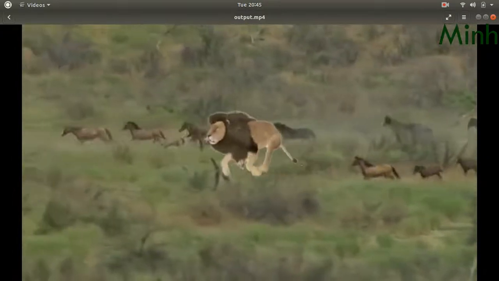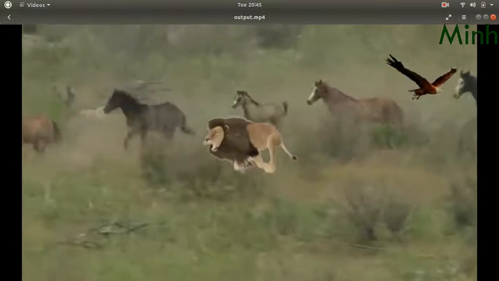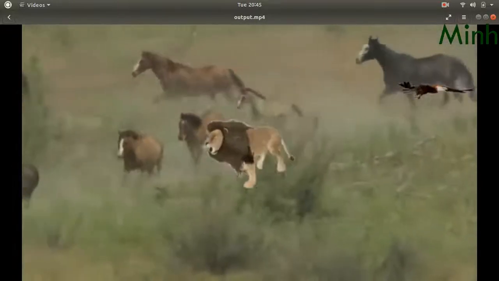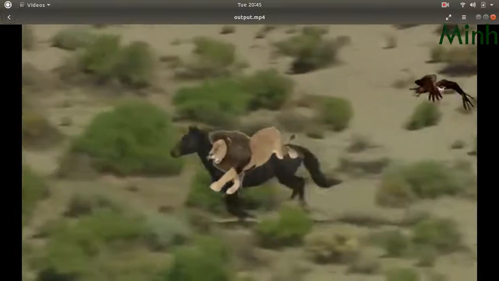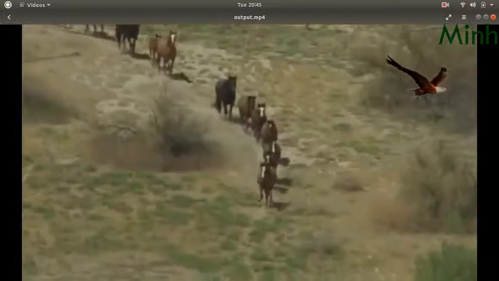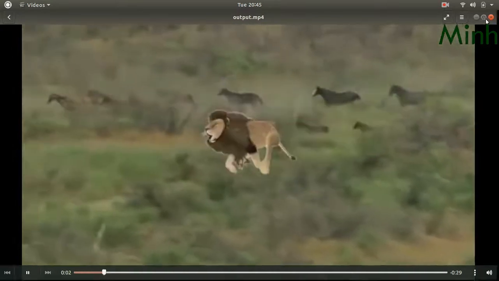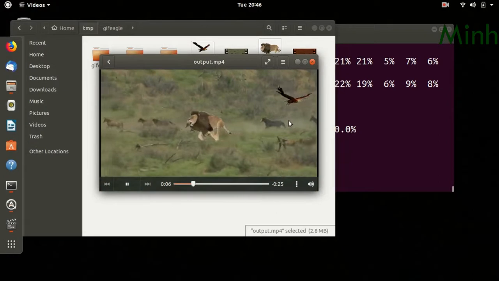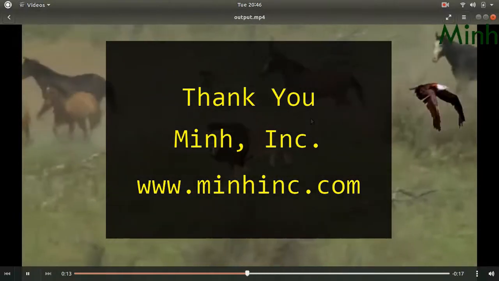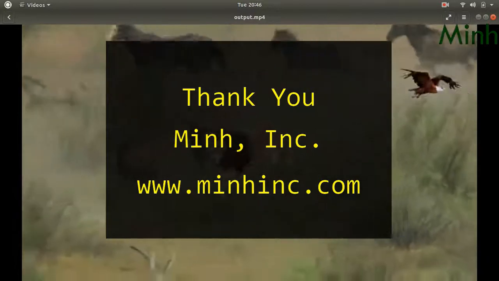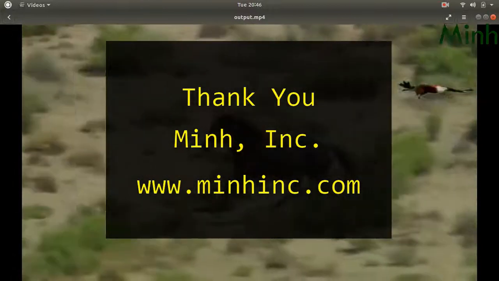Okay, it is better. Eagle and lion. So this is how we can add GIF images, those animated images, in the video, and we can enter them in time slices. So this is how it is. Okay, thank you.